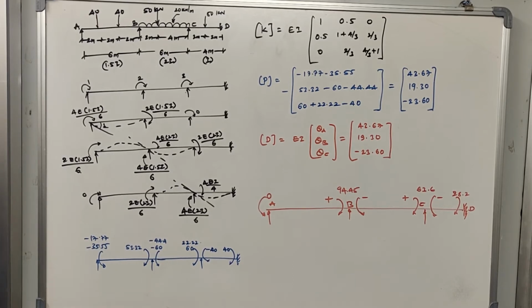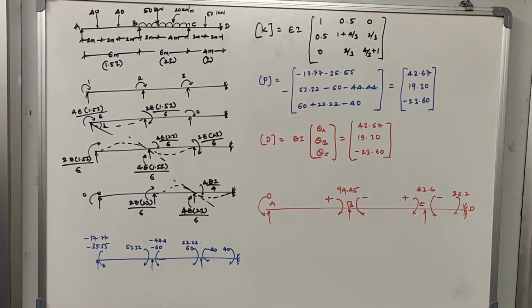Okay, now the next thing we do is identify the kinematic indeterminacy. As we know, at joints A, B and C, B and C being the internal joints and A being the simple support, we will have a degree of freedom which is rotation. So there are 3 kinematic indeterminacies: theta A, theta B and theta C. Respectively we will assign the coordinates. At joint A, where theta A exists, I will call it the first coordinate, at joint B the second coordinate, and at joint C the third coordinate.